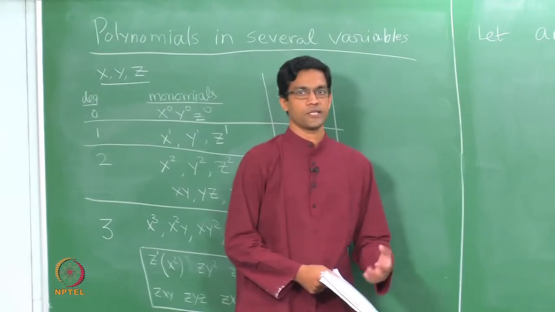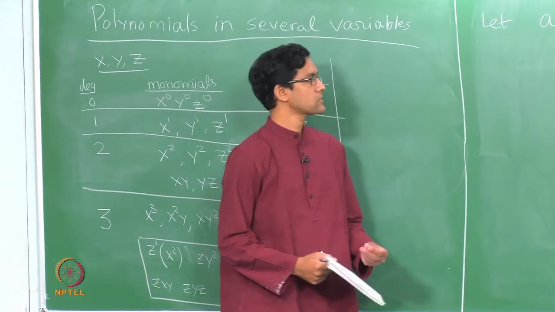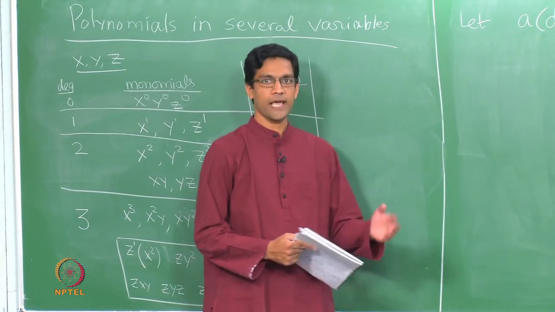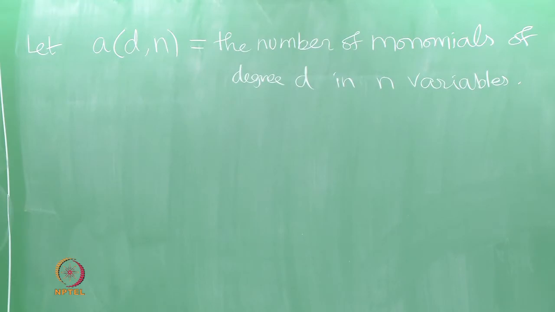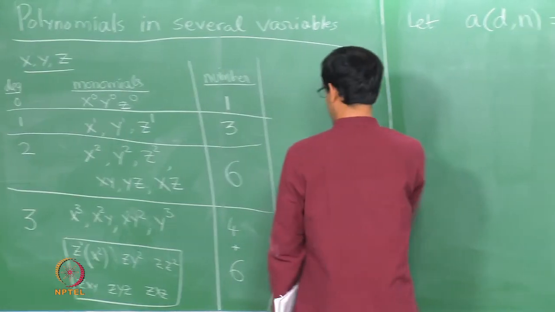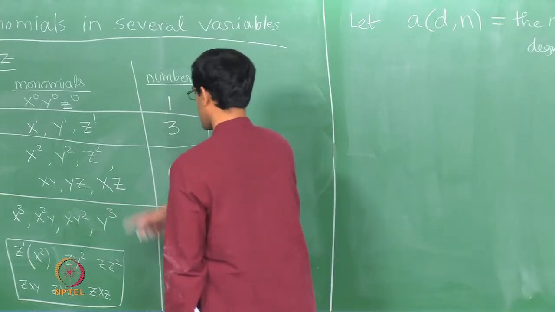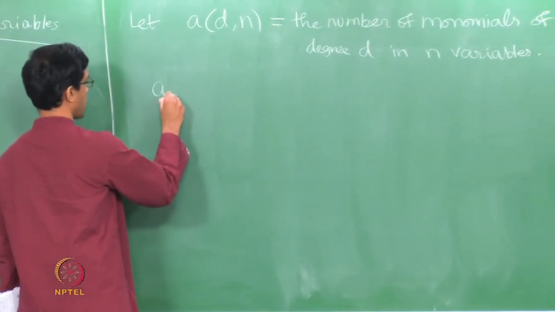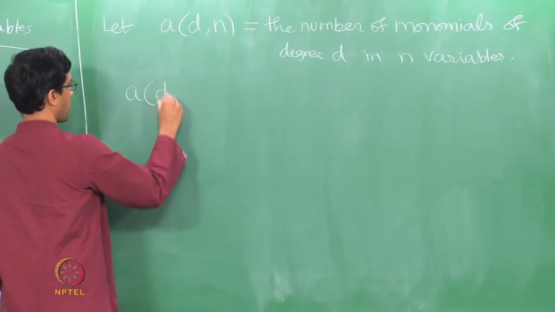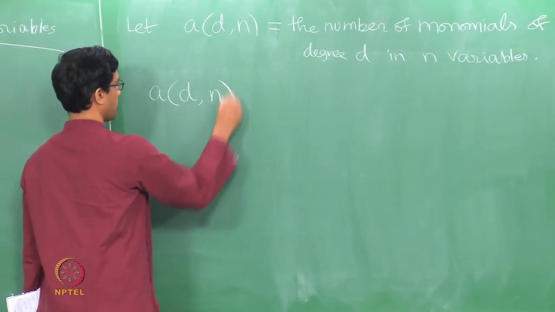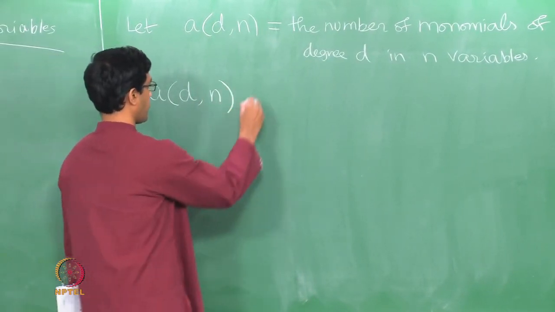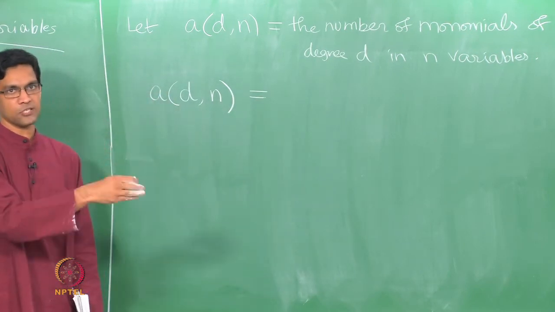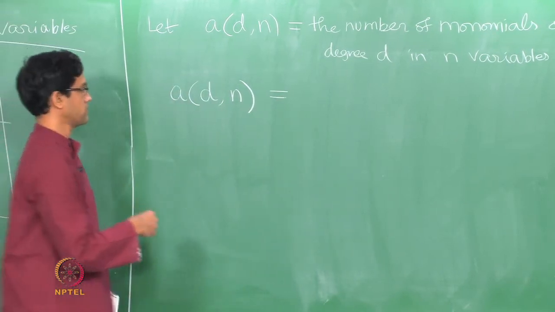So let us do the following, let us give this number a name, let us call the number of monomials of degree d in n variables, let us call it a of d comma n. Okay. So that is the number. So what we have just proved here, if you look at the argument, it says the following, if I want to say how many monomials there are of degree d using all the n variables, here is what I can do, I pick one of those variables, I take the last variable and